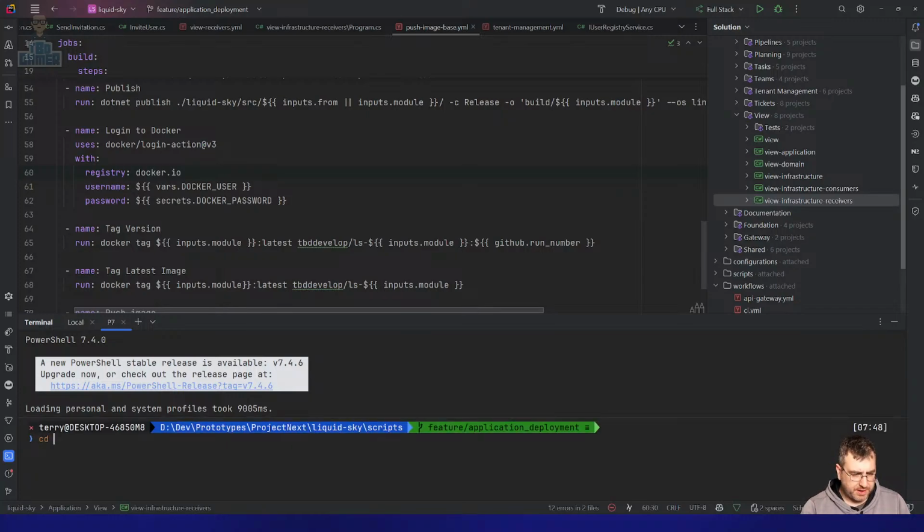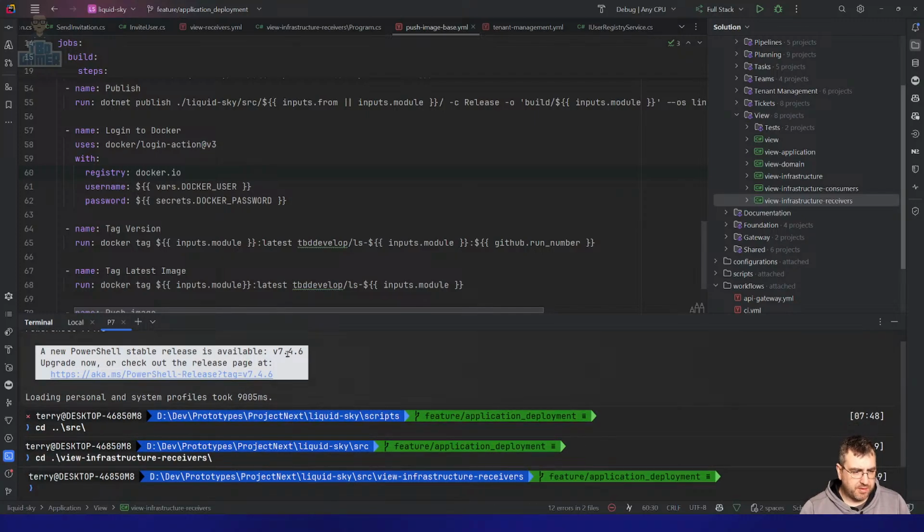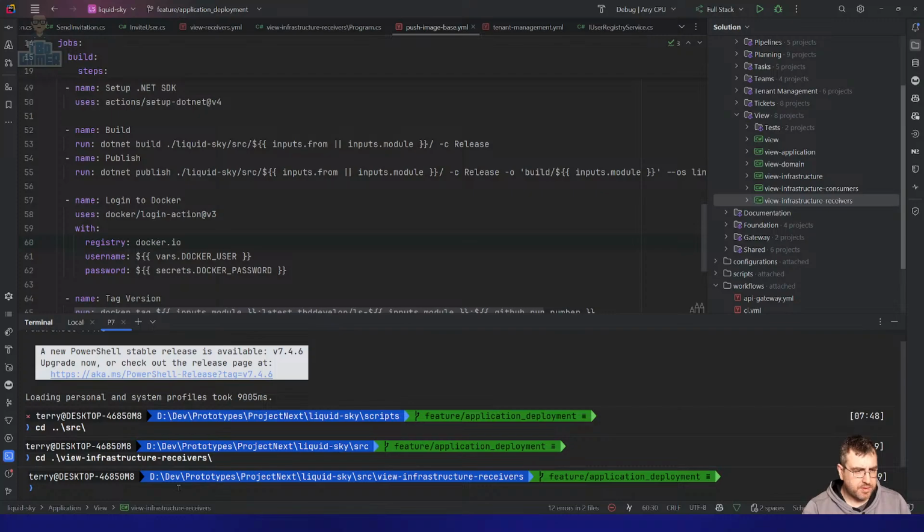So cd dot source. Oh, this is a new style. Infrastructure receivers. And if we do this line, so we do,